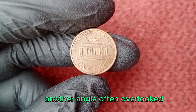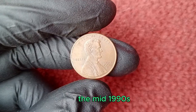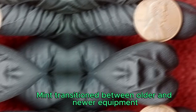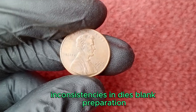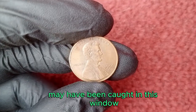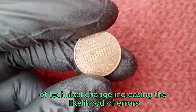Another angle often overlooked is the historical and economic context. The mid-1990s saw major advancements in minting technology, and transitional errors were not uncommon. As the U.S. Mint transitioned between older and newer equipment, inconsistencies in dies, blank preparation, and striking pressure could have led to more frequent minting anomalies. The 1996 D penny may have been caught in this window of technical change, increasing the likelihood of errors escaping